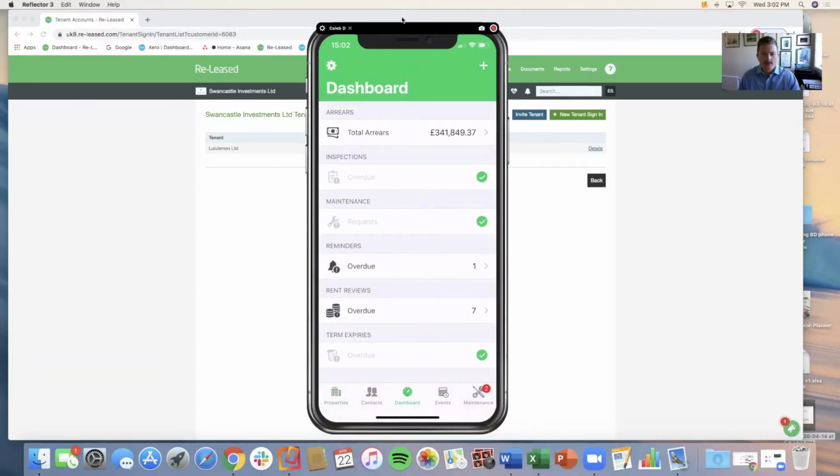From your Property Manager app, you've got a dashboard. And while it doesn't completely mimic the dashboard that you see when you log on to Re-Leased, it is fairly similar in regards to the information that it shows. So just to be clear, the use case for the Property Manager app, users of Re-Leased that are likely to be going on site or are just on the road and not near a computer, but they still want to be able to action things and view tenancy or property information. So the dashboard we've got here,